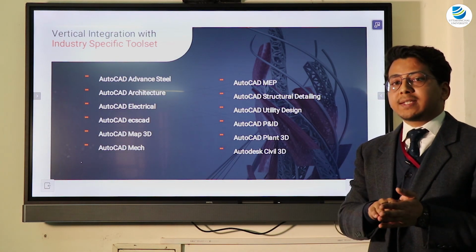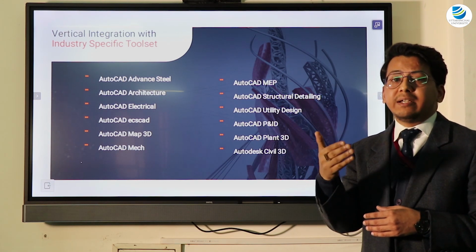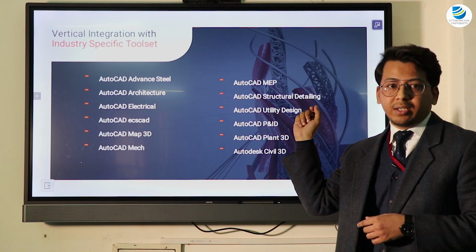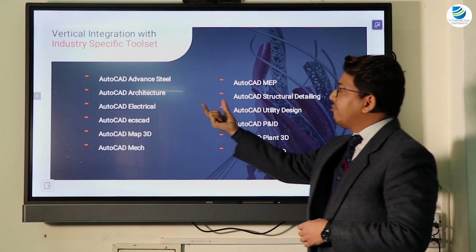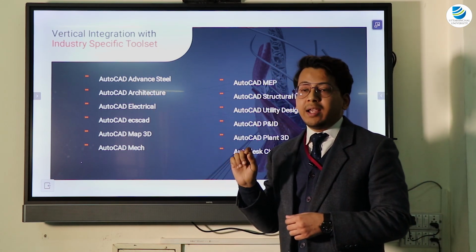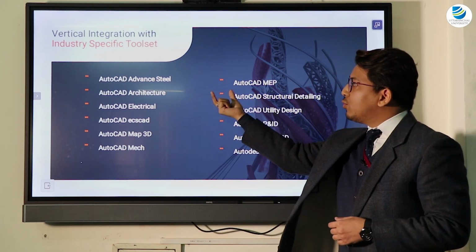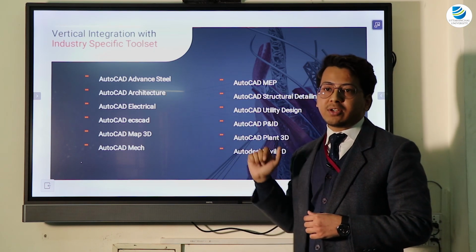Now, what Autodesk has done is they have developed different versions of AutoCAD based on the industry specific requirement. For example, they have developed AutoCAD Advanced Steel. This AutoCAD version is used for the design of the advanced steel structures.